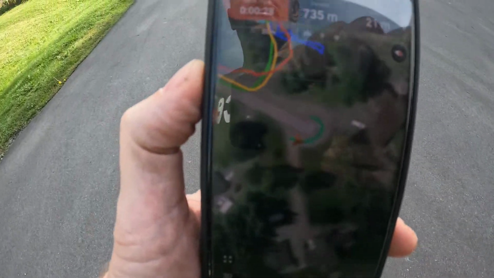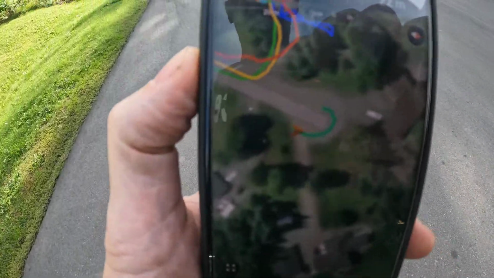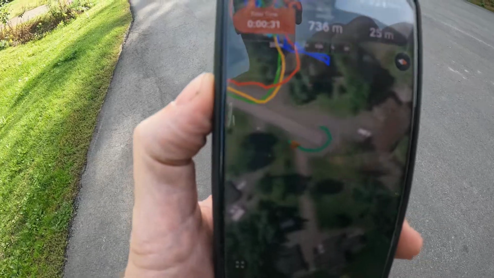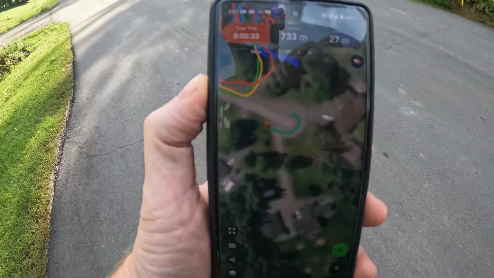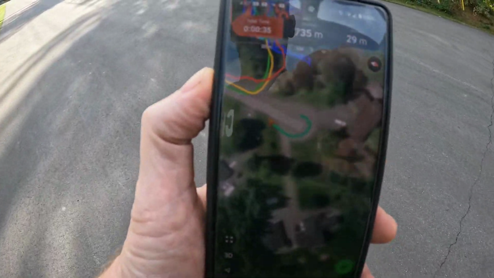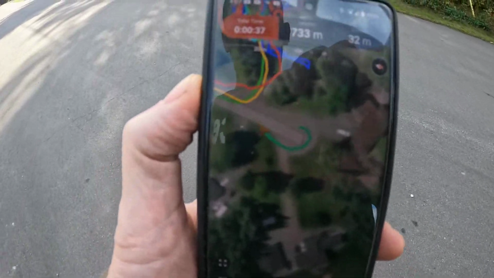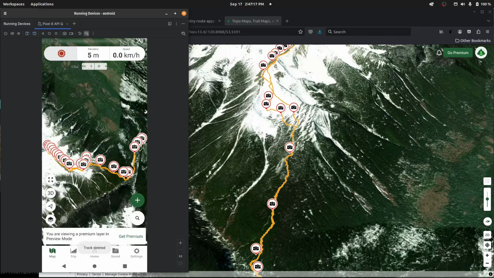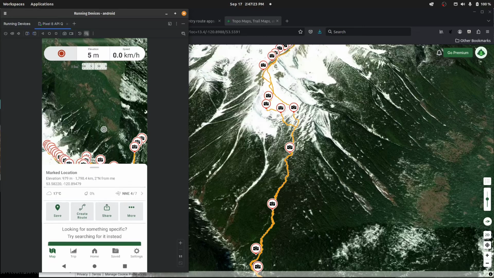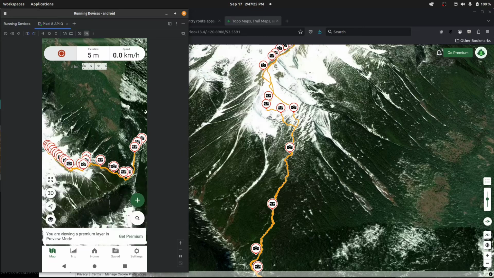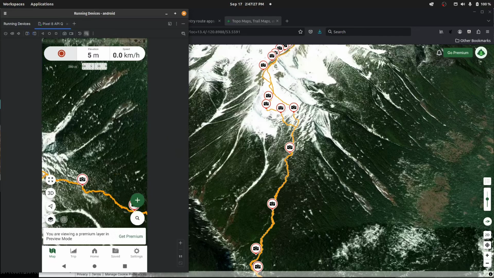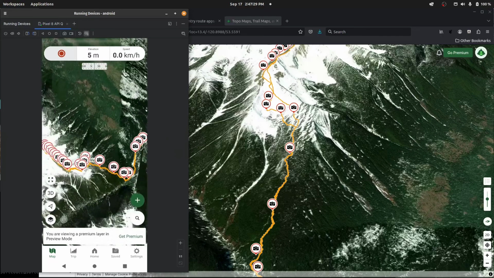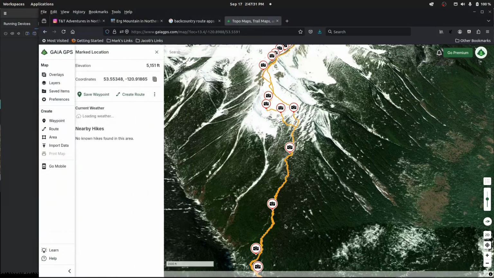So you can look at where you are. You can track where you've walked in case you go off trail, but you can also take a look at a little arrow that's moving as you move and make sure that you're staying on the track here. So I'm just going to cancel this out. I'm going to delete the track. Once you click it again, you can save it, you can give it a name. But we're just going to zoom in here. And you'll be able to track yourself as you move through that